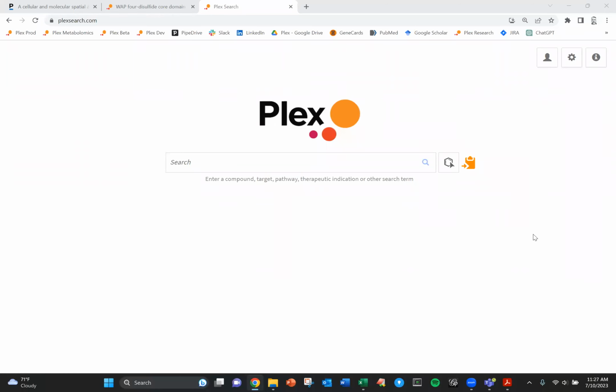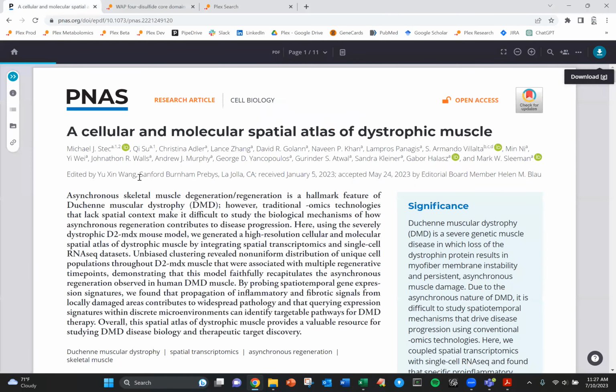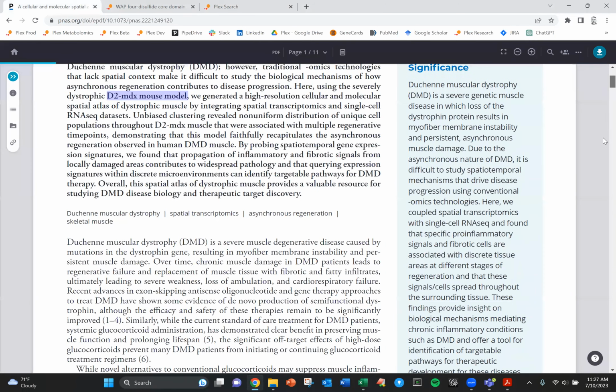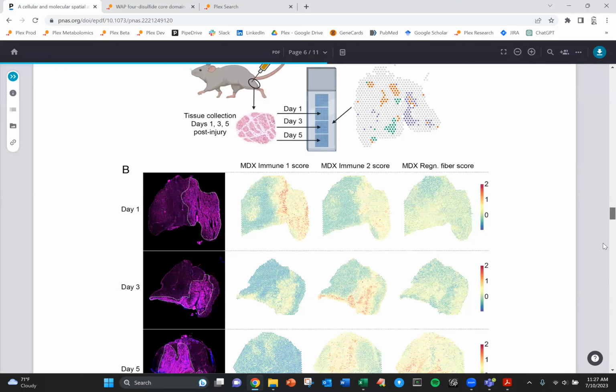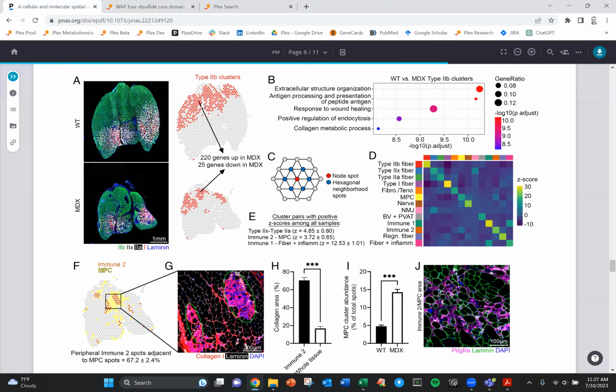I'm going to show you here an example of using Plex to do spatial transcriptomics. And we're going to use an example, a really nice data set from Stec et al. from Regeneron, looking at DMD, so Duchenne Muscular Dystrophy, specifically this D2-MDX mouse model, really nice spatial transcriptomics data set. We're going to look at this portion here where they looked at specifically these type IIb fibers in